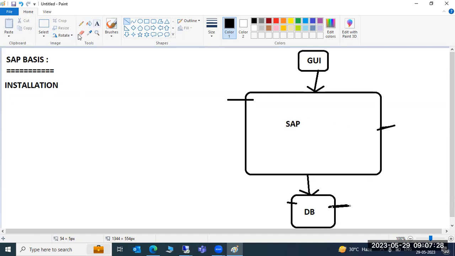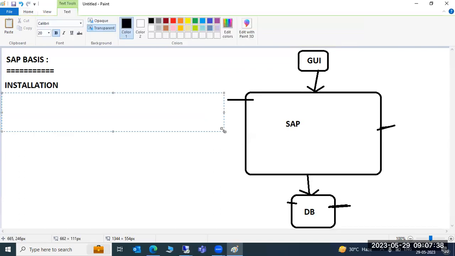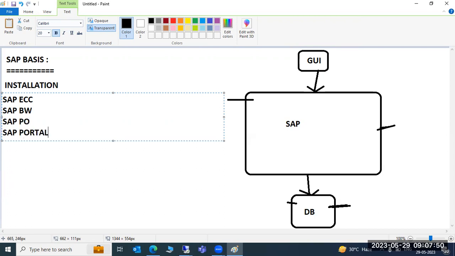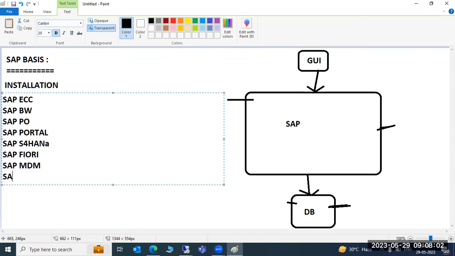So SAP, as we already discussed in the demo, is not one application, not one component, not one technical term. Depending upon your business, you can install SAP ECC, SAP BW, SAP PO, SAP Portal, SAP S4HANA, SAP Fiori, which is an app-based concept, SAP MDM.